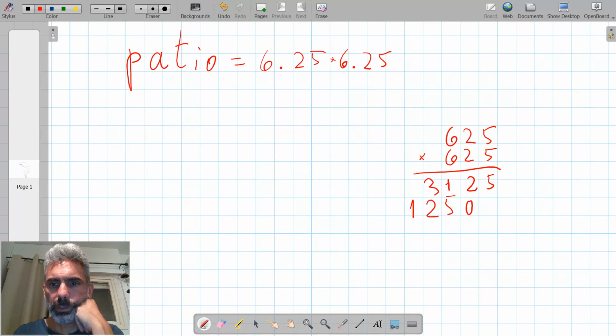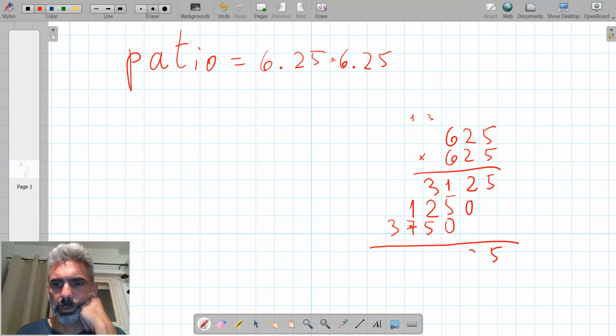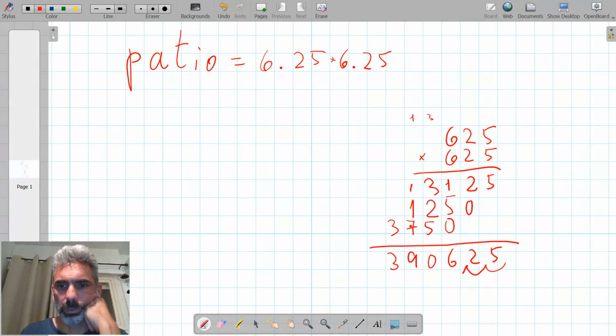6 times 5 is 30. 6 times 2 is 12, plus 3 is 15. 6 times 6 is 36, plus 1 is 37. Then 5, 2, 1 plus 5 is 6, 3 plus 2 is 5, 5 plus 5 is 10, 1 plus 1 is 2, 2 plus 7 is 9, 3, and I have 4 decimal points here, so 1, 2, 3, 4